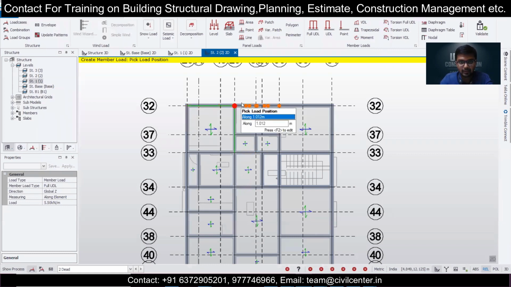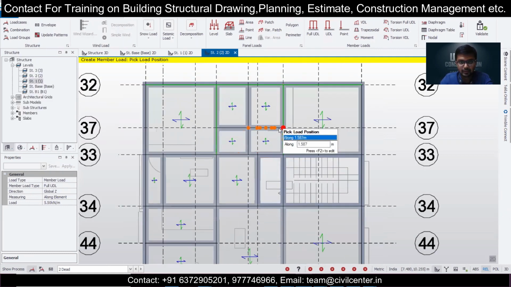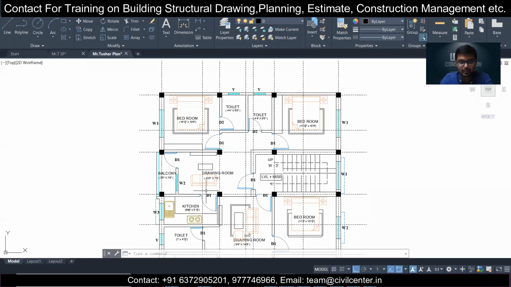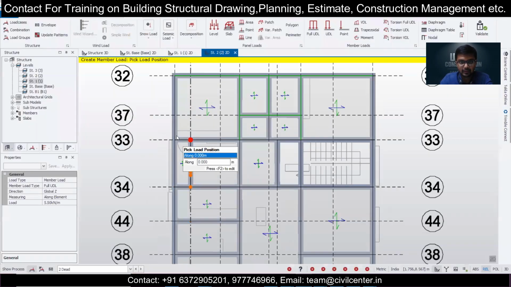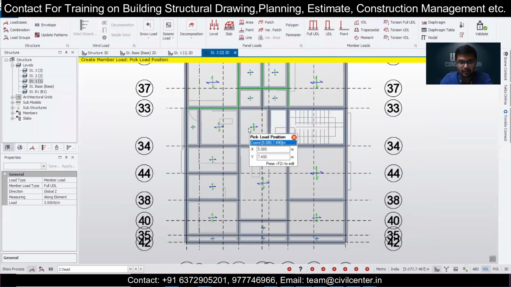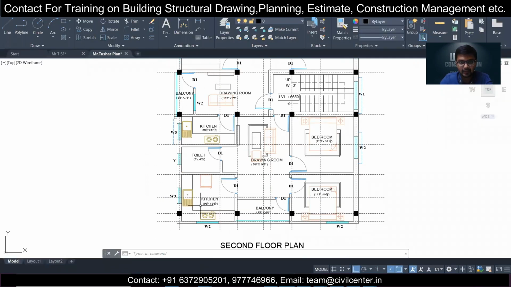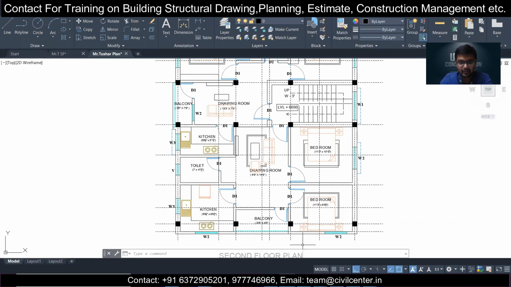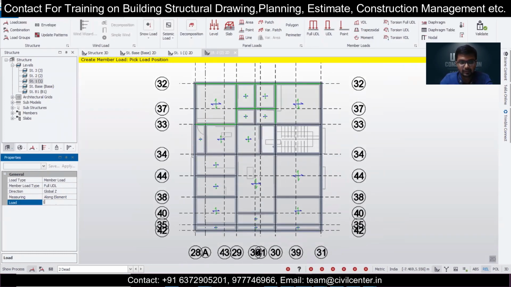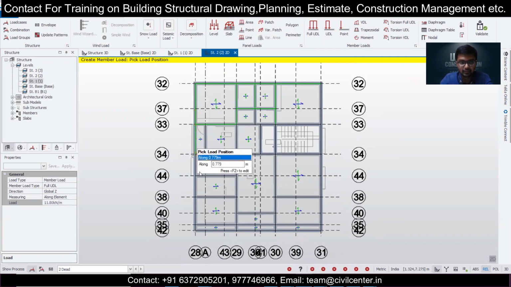So back side wall, let's do it first, and then this wall, and then this one, and for this portion we'll take the help of UDL. This is done, and this portion as well will take the help of full UDL. So the wall up to the drying room, this much, will take the help of full UDL here, and this much 5.5 applied, and then along the right side, let's apply the 11 kilonewton load. So we'll do that also here. So full UDL and 11 kilonewton along this too.